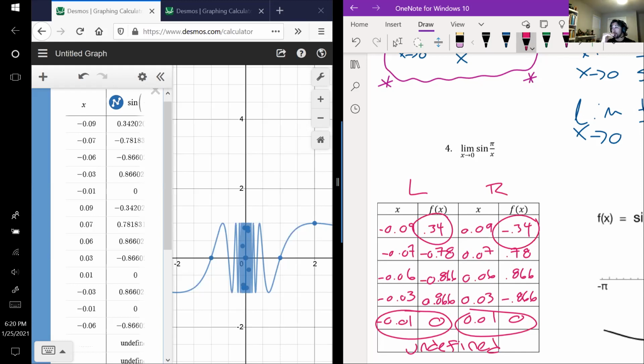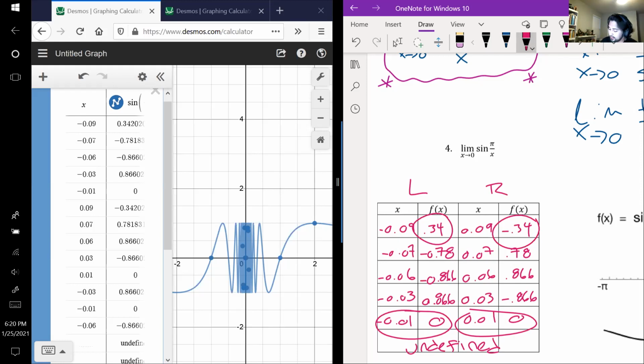No, because can they ever hit 0? No. So as they get closer and closer to 0, they're just going to keep oscillating up and down, positive, negative, positive, negative, which means, is there a limit from the left and is there a limit from the right? No. Since there's no limit from the right and no limit from the left, this means, in the